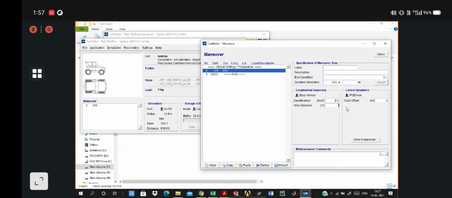So if you put 1 meter or 0.5 meter here as your stopping distance, it will consider this value, but the actual stopping distance which you will see in the final result file will depend upon your vehicle parameters.